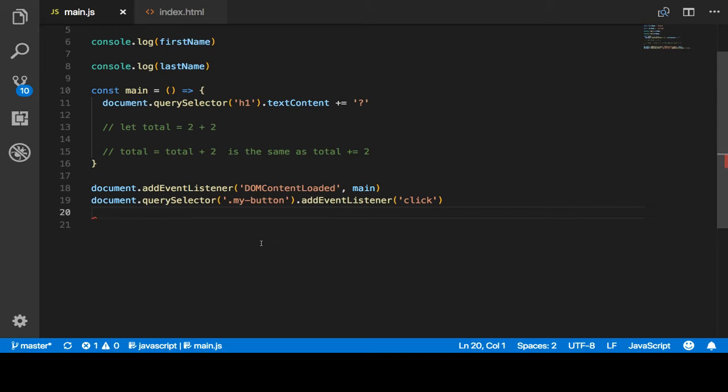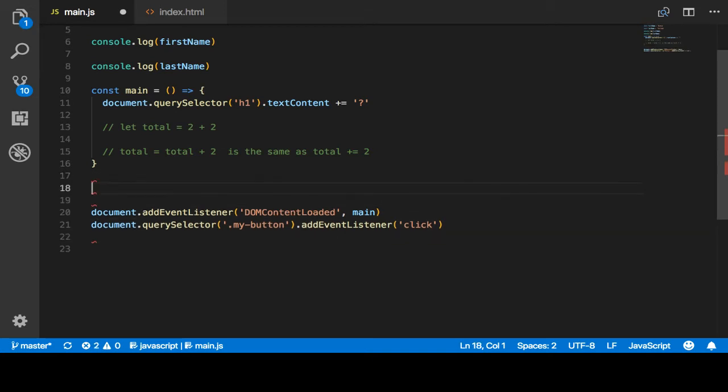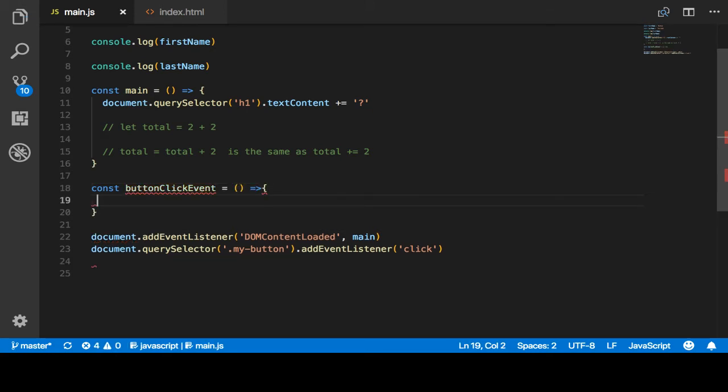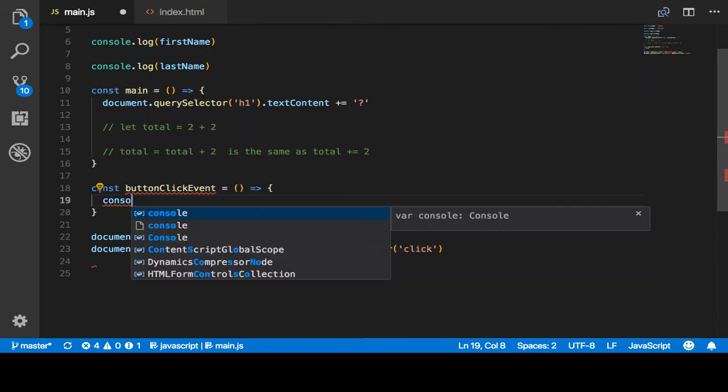So let's define the code here real fast. So we're going to need to define a function of what actually executes whenever it gets clicked. So let's create a new function, const button click event. So new variable, constant, function, call it something meaningful. That we now know that this is the button click event. And right now it's an empty function, it does nothing. But I want to make it